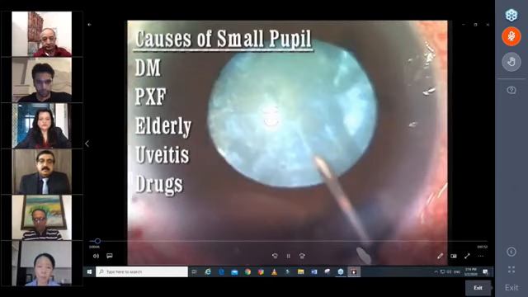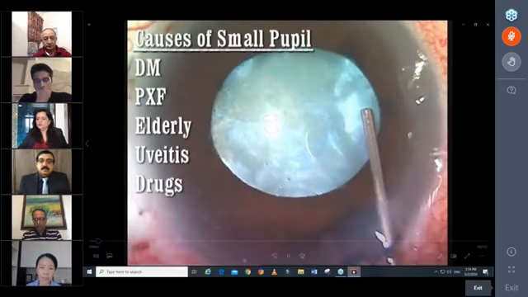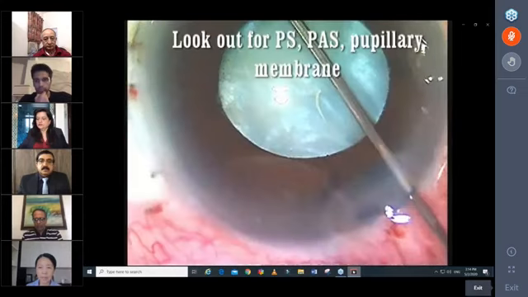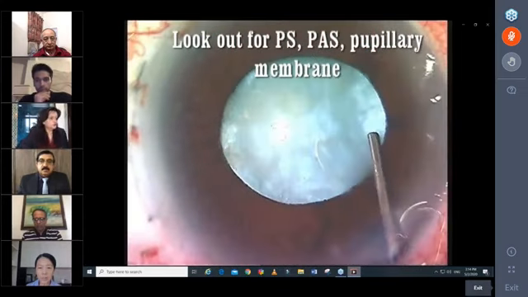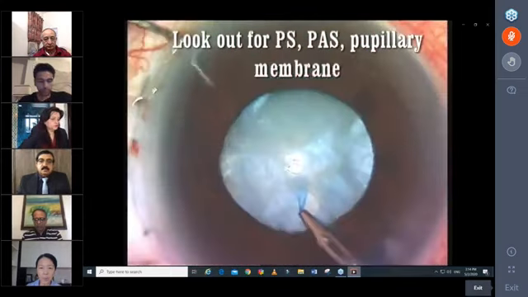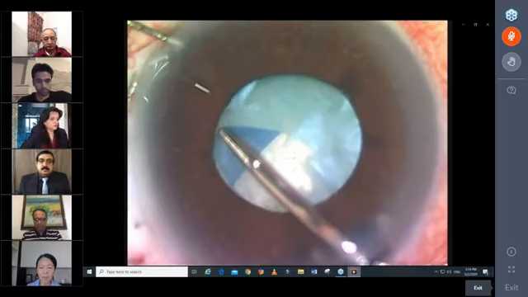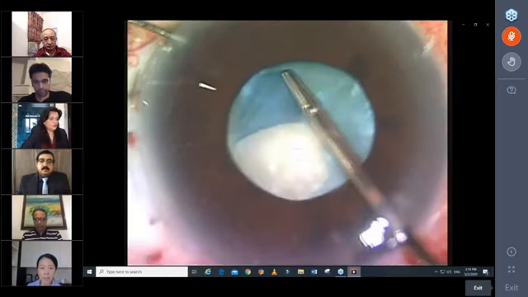Some causes of small pupil commonly seen: diabetics, uveitis, people on drugs, elderly. When we see a patient with a small pupil, we look out for posterior synechiae, peripheral anterior synechiae, or membranes. And in this case, we don't have any. It's just a small pupil